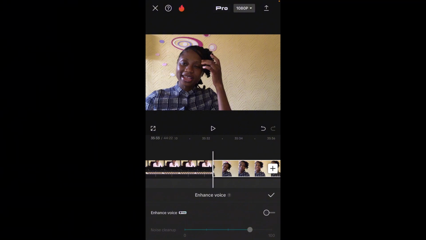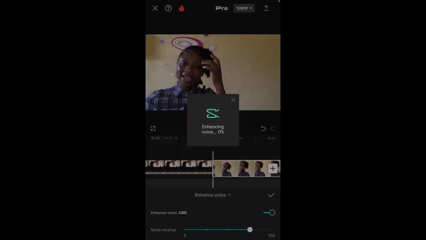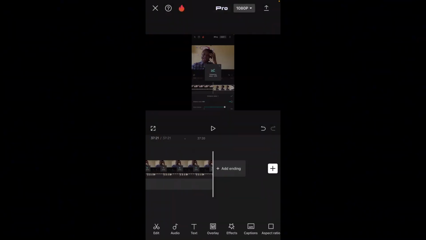So now after then you click on it here. Can you see? So it starts telling you enhancing 10%, 20%. So you allow it to load to 100%. So you must allow it to load to 100%. Now we want